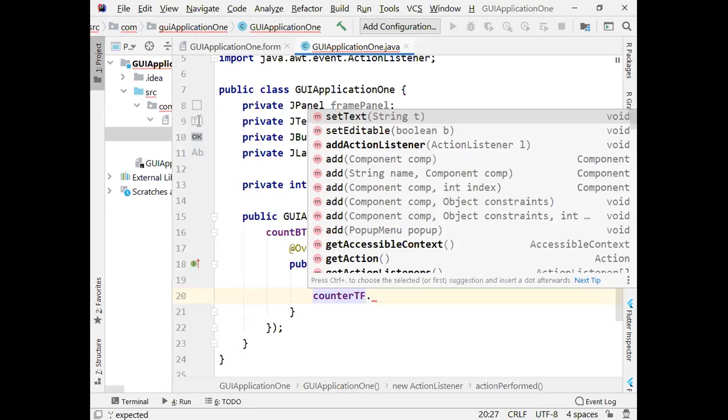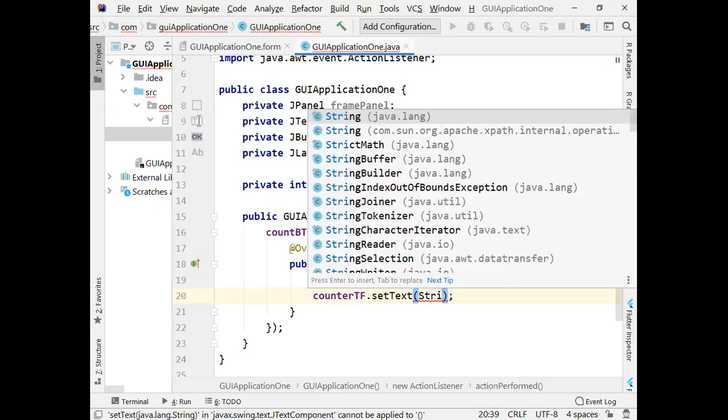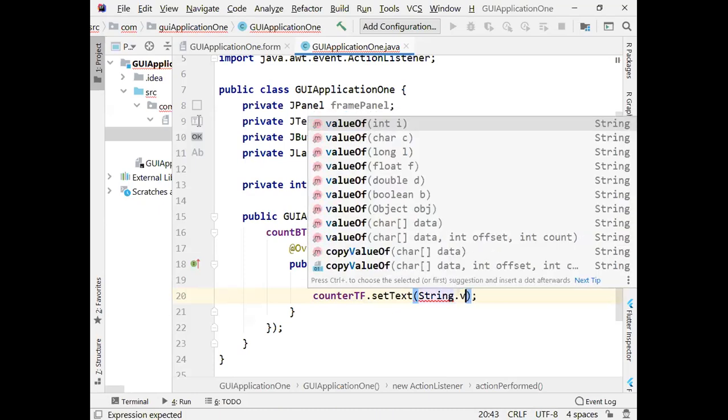Someone has entered the name, so you pick the text there. That's the get text. But in this case, we want to set the text, because we are not trying to access it. We just want to make it display, and add some functionalities to it. So set text, select that. After selecting that, we use what we call the string. The text there, the number there, we are seeing it as a string. So string dot value